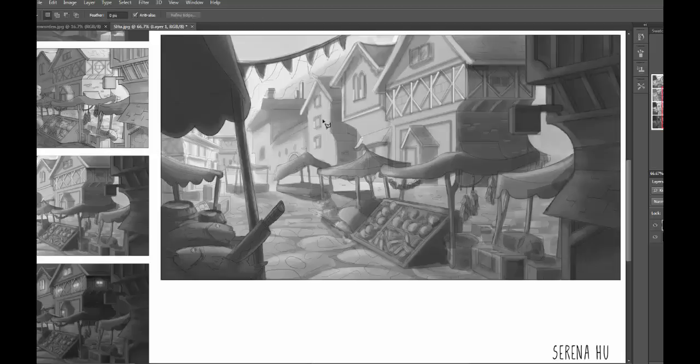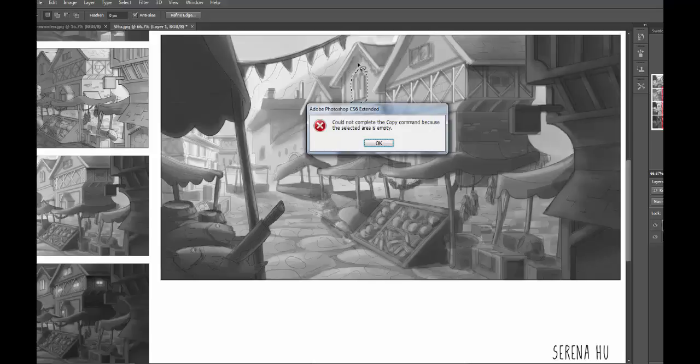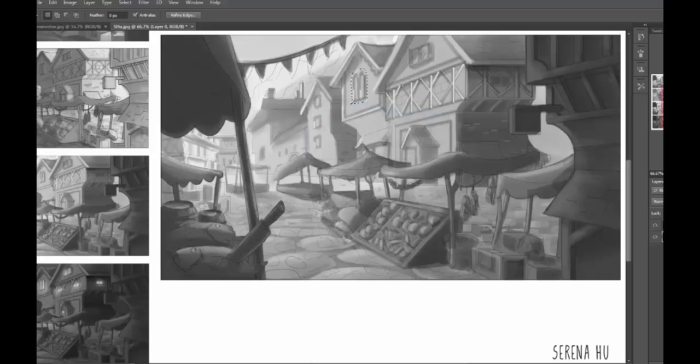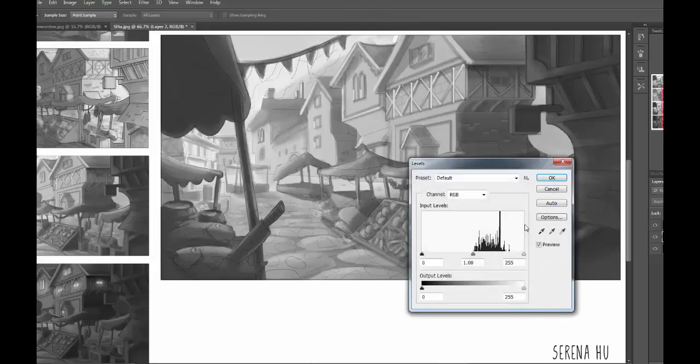In terms of time's sake, if you wanted to, we could just copy and paste a couple of these. So I could copy that. Oops, I knew that. So I'm going to copy and paste. I'm going to take that window. I'm going to shrink it down here. Get it down in here. That feels pretty good. I'm going to go to levels real quick, and I'm going to lighten them up a little bit